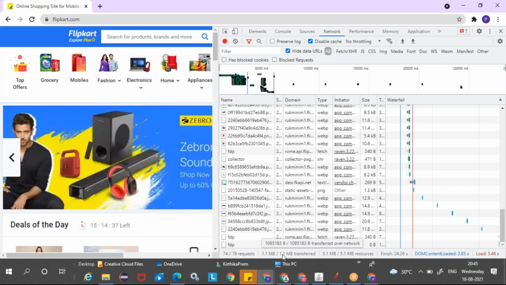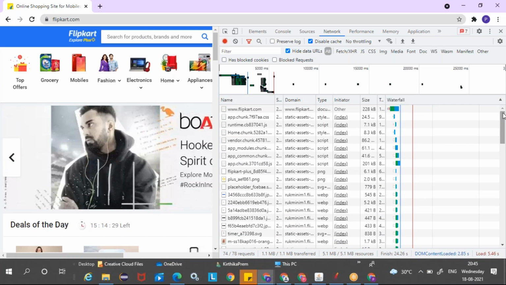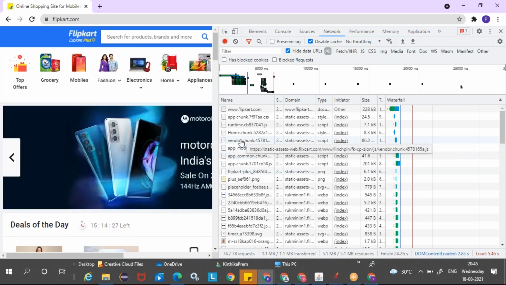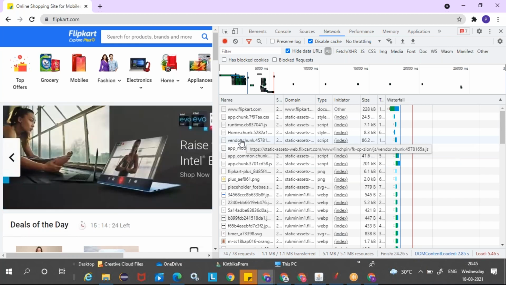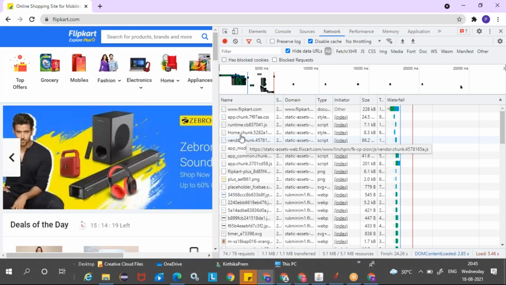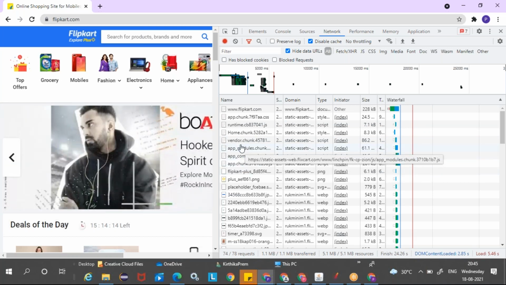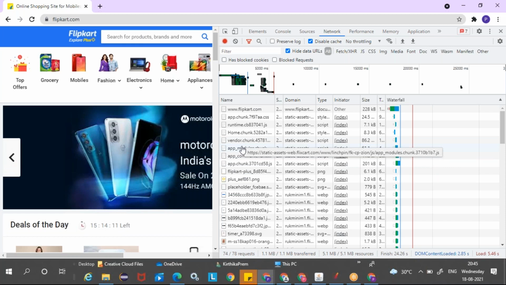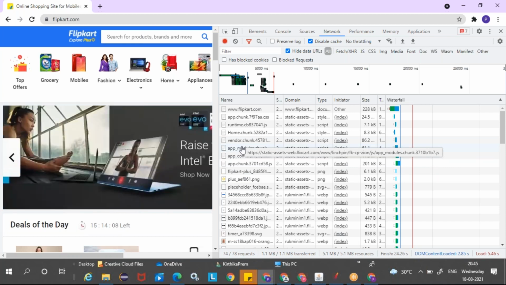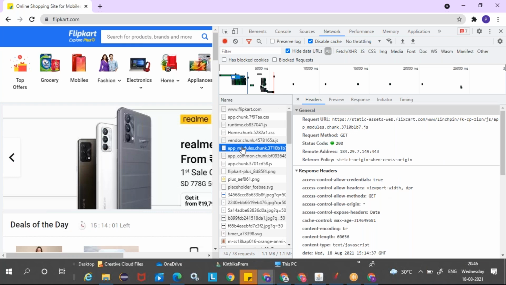When you talk about compression, you need to go to individual resources and check whether each is compressed or not. Every resource is an individual resource, and each would be compressed. It is not that all the resources are going to be part of one zip. I'm not saying that 5 JS files are going to be included in one file. No, one particular JS resource itself will be compressed.